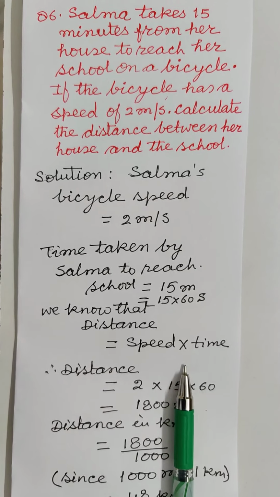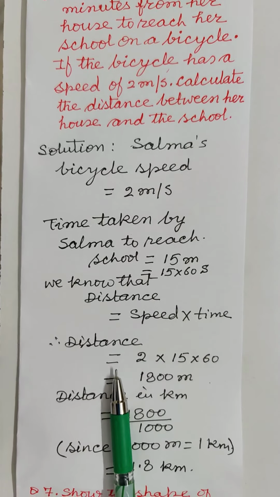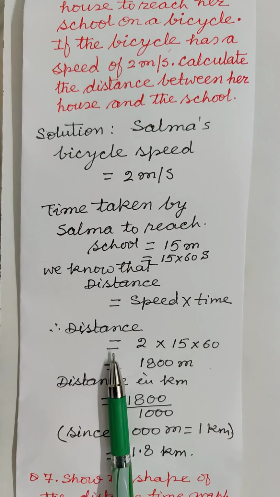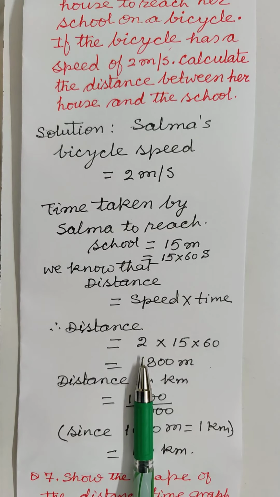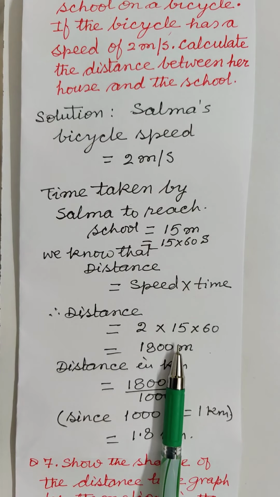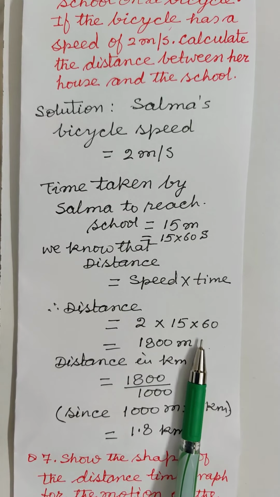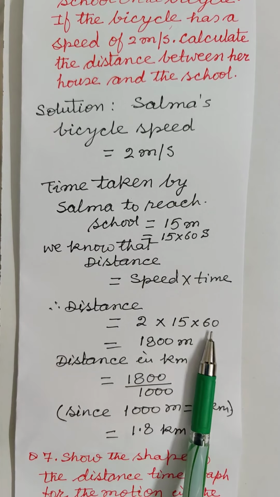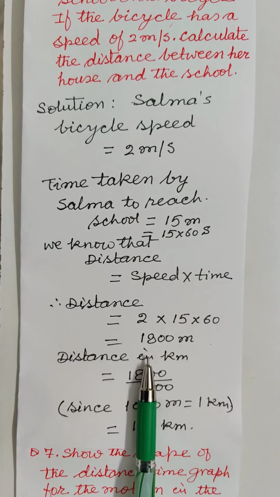Distance is equal to speed into time, where speed is 2 meters per second and time taken is 15 minutes. Turning it into seconds, that is 15 multiplied with 60,